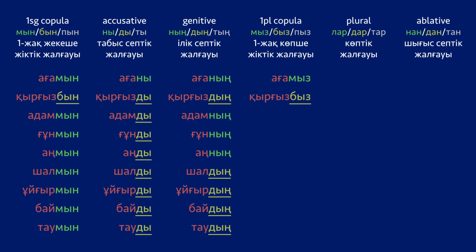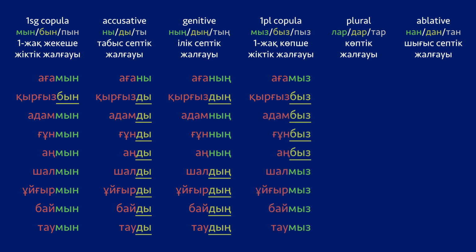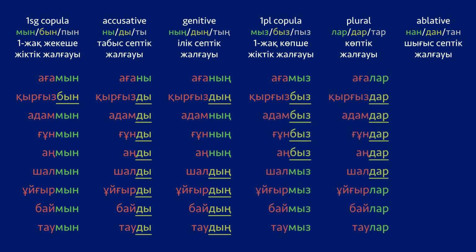The first-person plural copula does it the other way around. The plural suffix is the same as the first-person plural copular suffix, but the one word that ends with o follows the voiced consonant pattern because of gemination restrictions in the phonology. And the ablative suffix is the weirdest, because not only do the liquid-ending words follow the voiced consonant pattern, but so does the vowel-ending word.